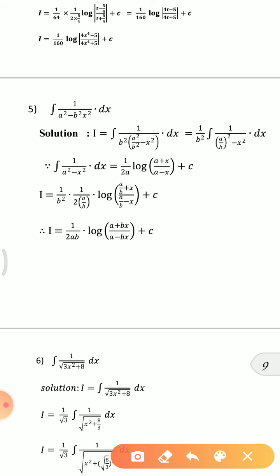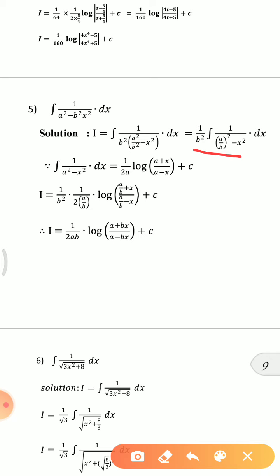Integral 1 upon a square minus b square x square. See the integration here: we have to take the constant b square common with the x square. That is I is equal to integration 1 upon b square, taking the constant, a square upon b square minus x square dx. This 1 upon b square goes outside the integration of 1 upon a upon b the whole square minus x square dx, that is integration of 1 upon a square minus x square dx